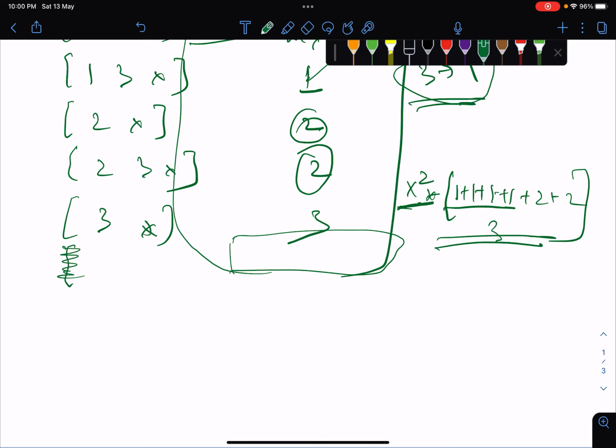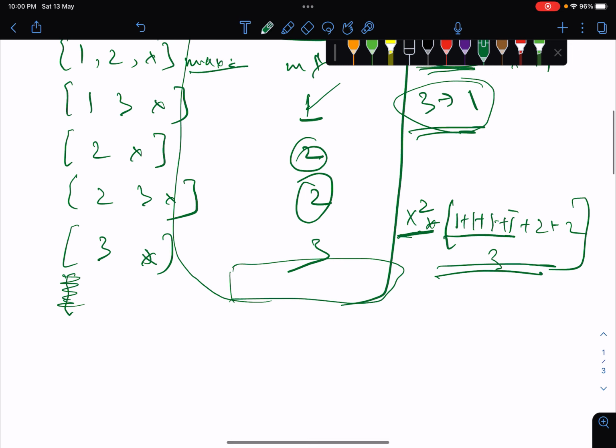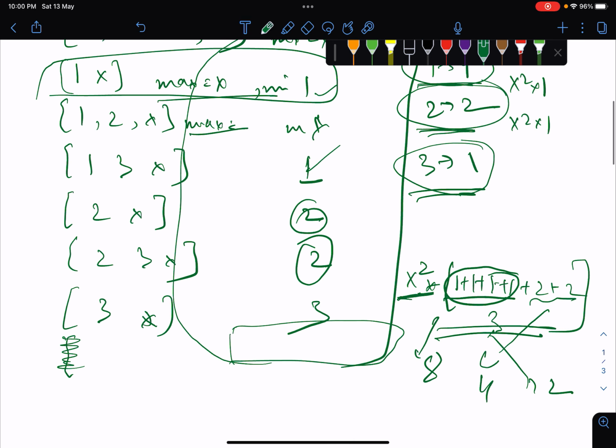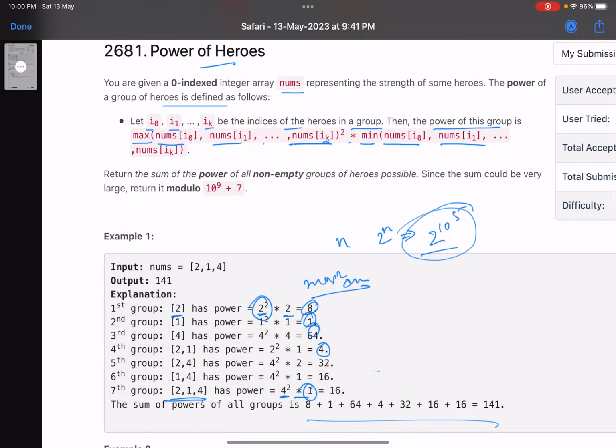Now in the next step, what will happen? In the next step, ultimately, these will be coming 8 times, 2 will be coming 4 times, 3 will be coming 2 times, and the new element that you have will be coming 1 time. So power of 2. This is what we mean to say. Getting it? So now if I come back here,